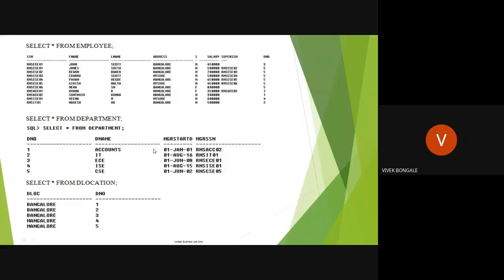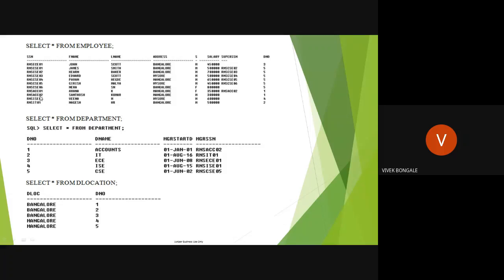The department table manager SSN is what? Here, RNS ACC02. We're going to compare this value with the employee table. It is there in this table. Obviously, it is there because it is acting as a primary key and foreign key. These values only we are going to give here, so this value will obviously be somewhere in the employee table. So we have to check that one. RNS ACC02, right.